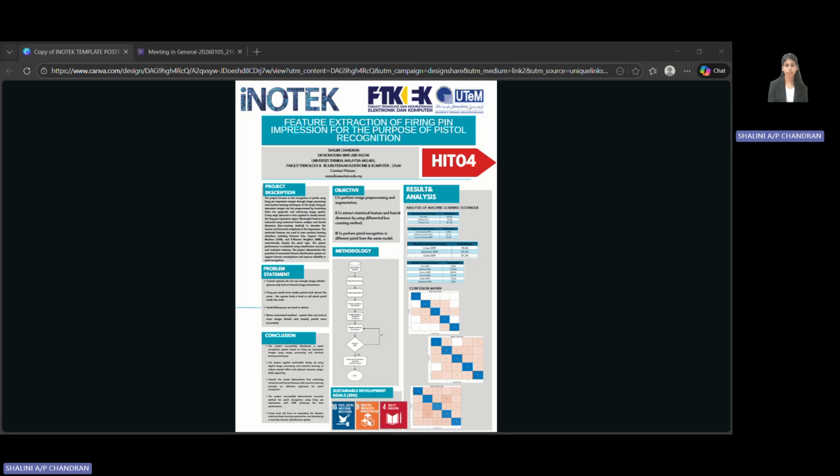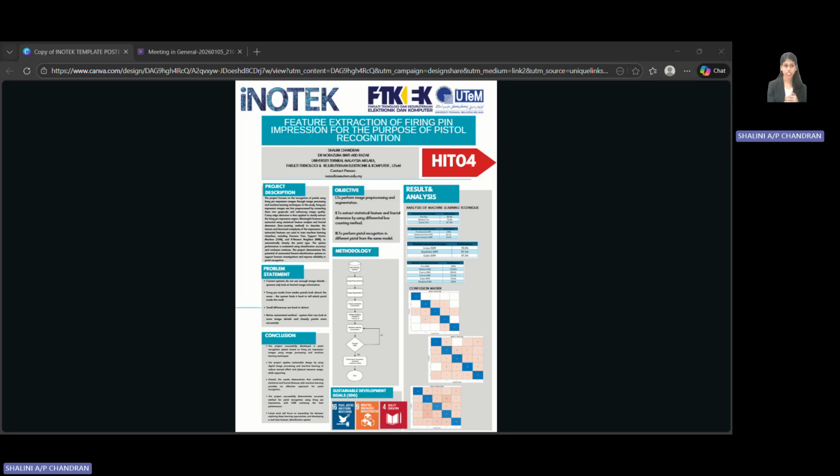The K nearest neighbors, which is the KNN, classifies a firing pin impression by comparing it with the most similar samples based on the distance. These models were chosen because they are commonly used in image classification, suitable for statistical and fractal features, allow performance comparison, and require moderate dataset sizes. By using these three models, the classification performance can be evaluated and compared to determine the most effective technique